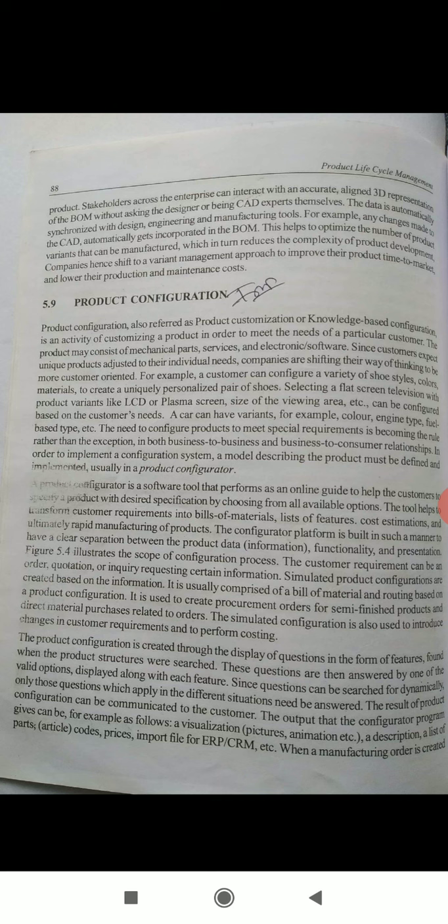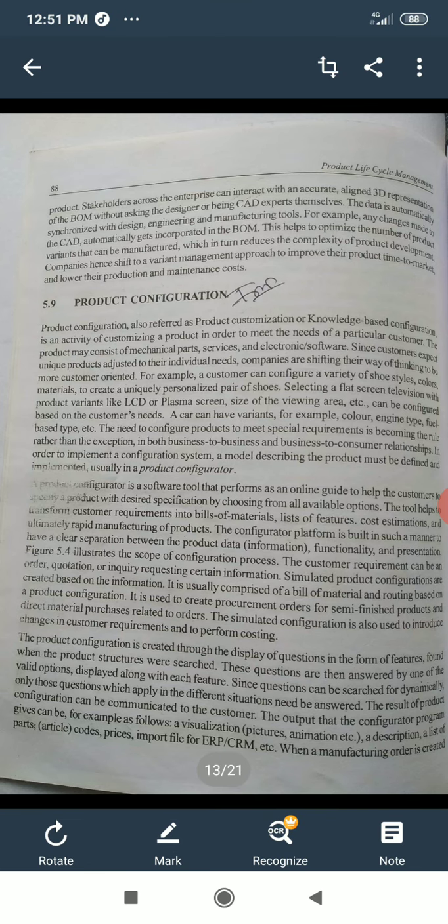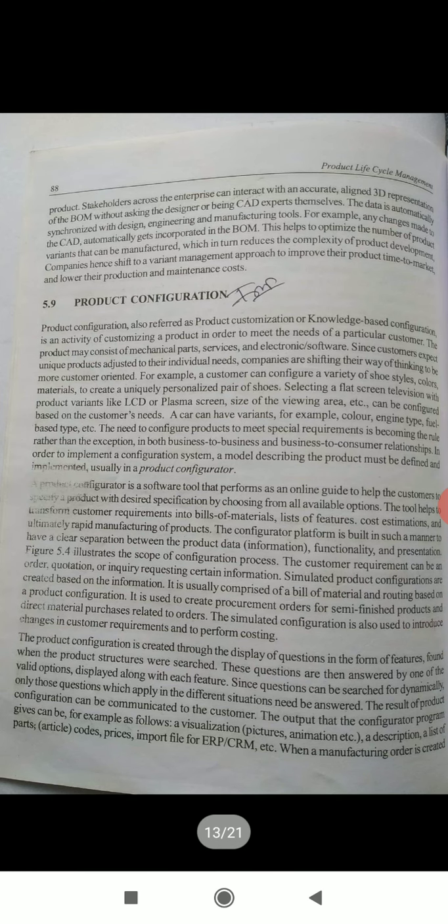The product may consist of mechanical parts, services, and electronic or software. Since customers expect unique products adjusted to their individual needs, companies are shifting their way of thinking to be more customer oriented.